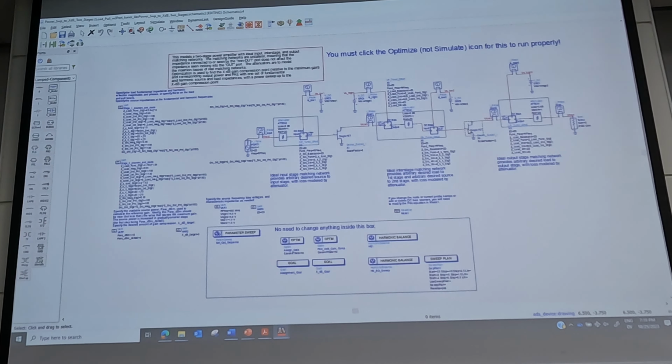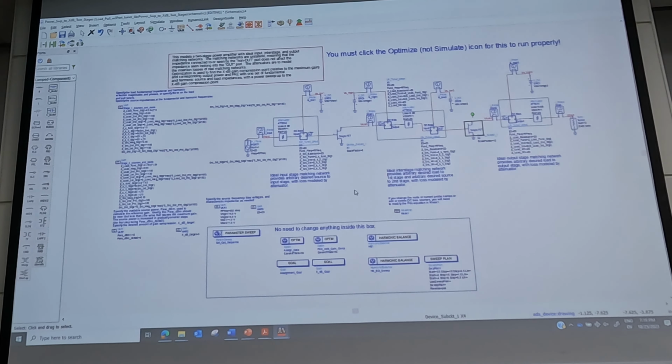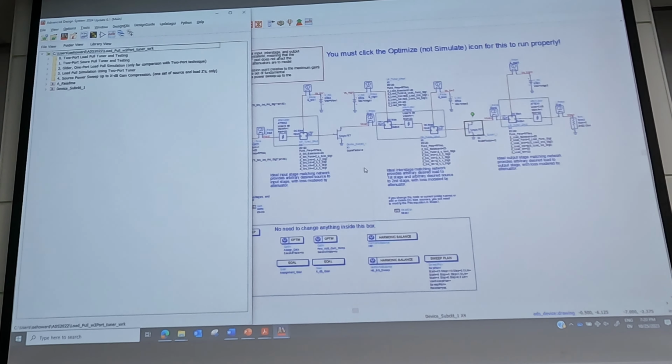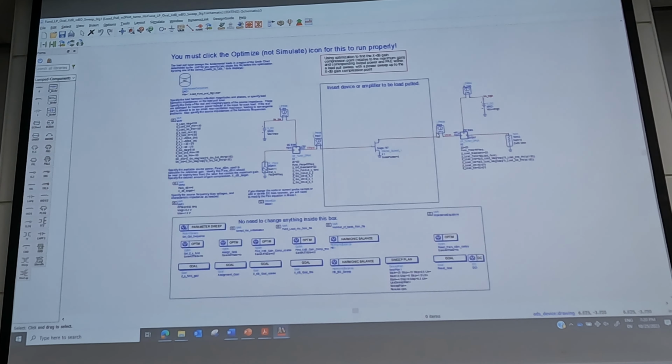What it does is, I've made it a generic example with an LDMOS device in it. This is the same LDMOS device, but you can set this up. It's a two-stage design. You could add additional stages, but this allows you to run a load pull simulation using a two-port tuner, and you can run a load pull, say for stage one.